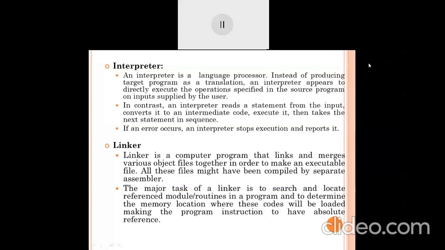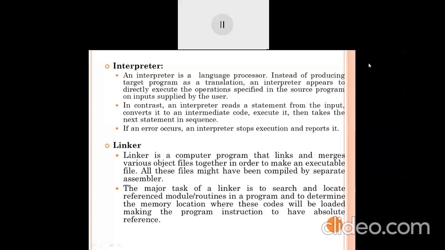Before running the code of C or C++ or Java, we compile the code. When we compile the code, if an error occurs, we get the error. After removing that error, we compile the code again, and after that we execute the code.